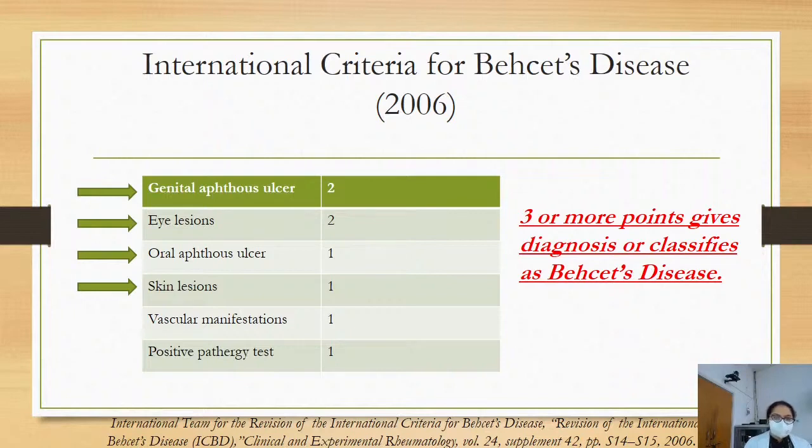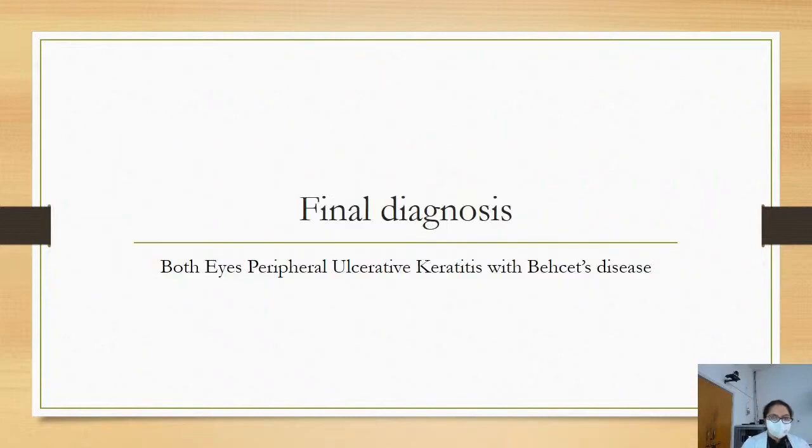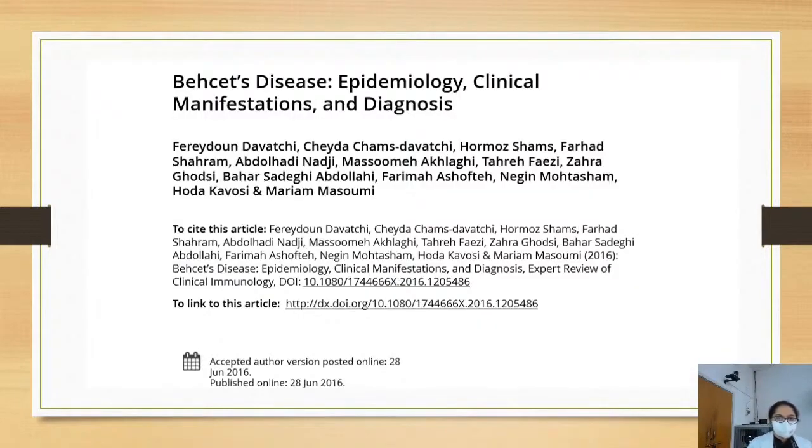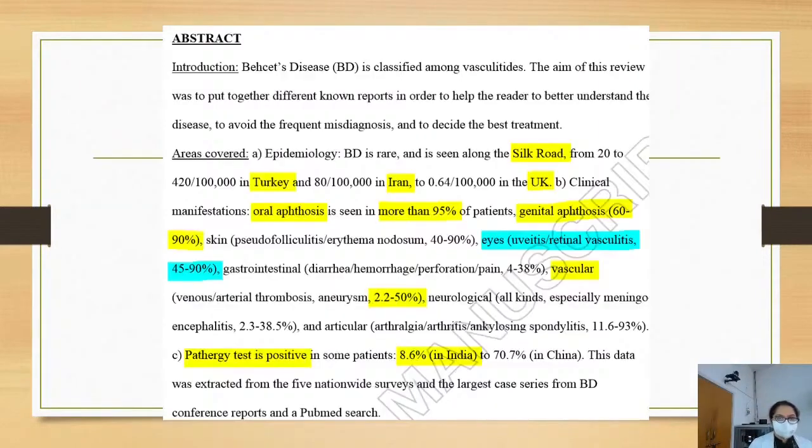So in our patient, it was 6. Our final diagnosis was eye peripheral ulcerative keratitis with Behçet's disease. Now I'll just go through some articles. So in this article,